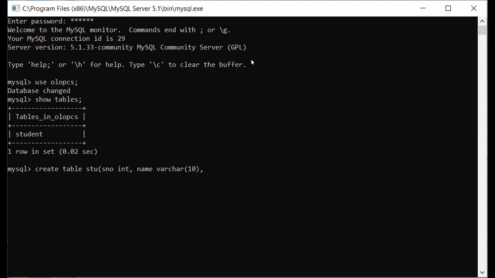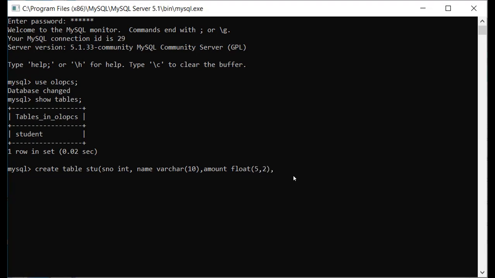Then after that, I want to have one floating point value. So see, I'm writing price, or amount. For amount, I'm writing float as the data type. This is what you have to keep in mind, that we are using MySQL, right? So here the data type is float, and my price is something like a total of 5 digits, and out of those 5 digits, 2 digits I want to show after the decimal point. So it will be something like 5,2. Okay, we will cross check what the meaning of this is later on.